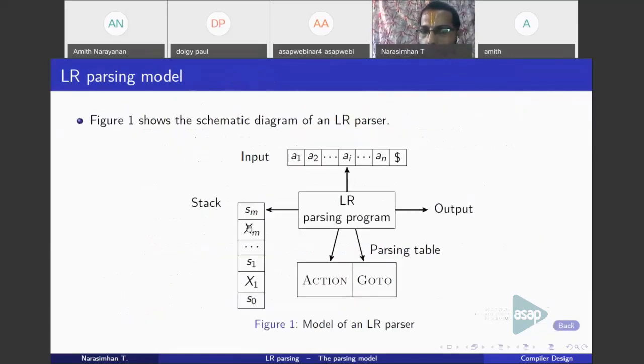That means SM will be popped and XM will be popped. Of the 2 symbols popped, one is a state symbol and the other is a grammar symbol. So you can generalize that if you pop 2R symbols, R will be state symbols and the remaining R will be grammar symbols.